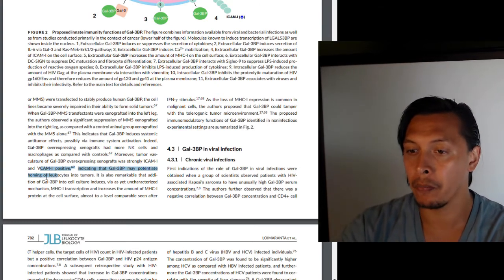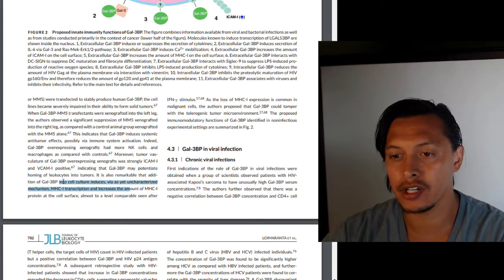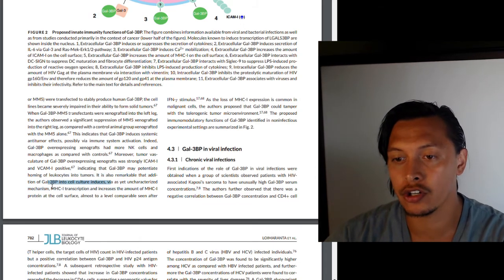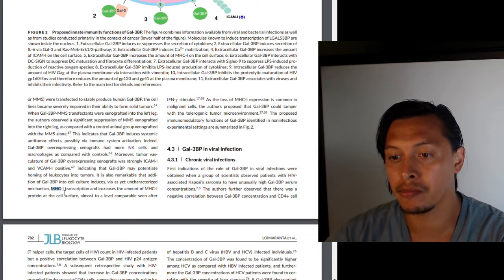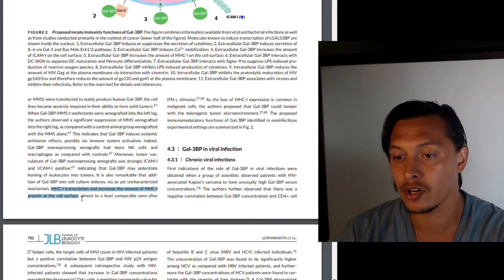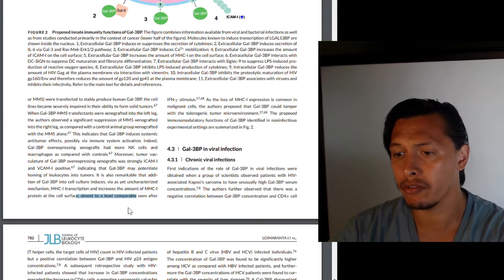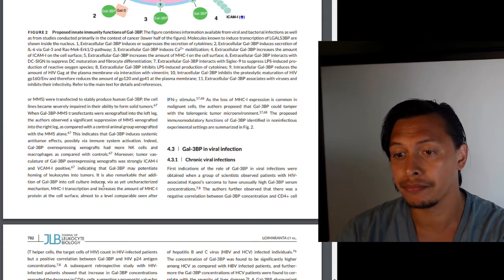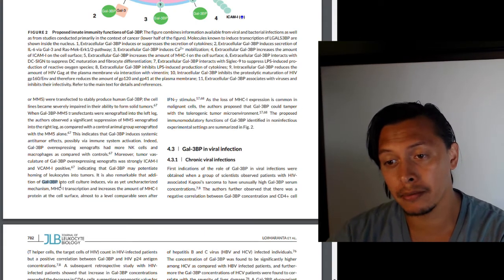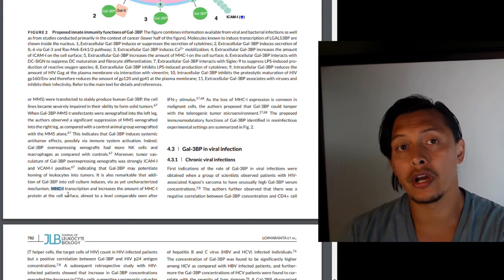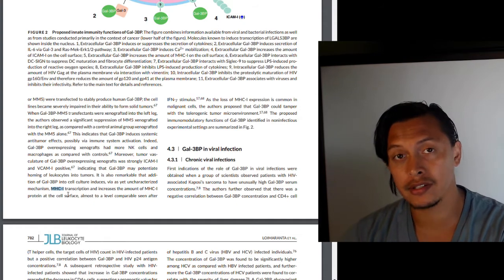So it is also remarkable that the addition of galectin-3 binding protein into cell cultures induces, through a yet uncharacterized mechanism, major histocompatibility complex 1 transcription and increases the amount of MHC1 protein at the cell surface, almost to a level comparable to that seen after interferon gamma stimulus. So this galectin-3 binding protein will upregulate this major histocompatibility complex type 1, which is one of the proteins that